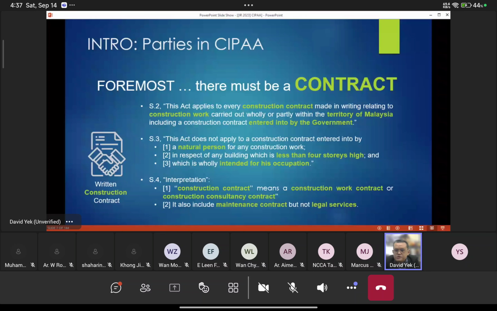If your engineering consultancy is, let's just say, for a bungalow, which has multiple storeys but is not for commercial purposes, only for one person, and as the architect, this person did not pay me, I cannot take SIPA against him,